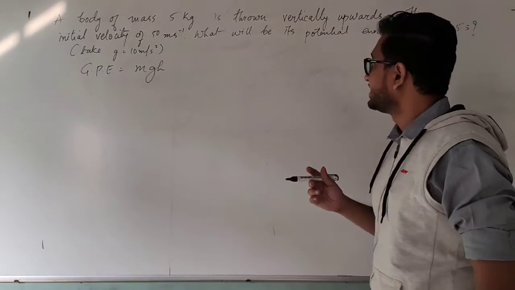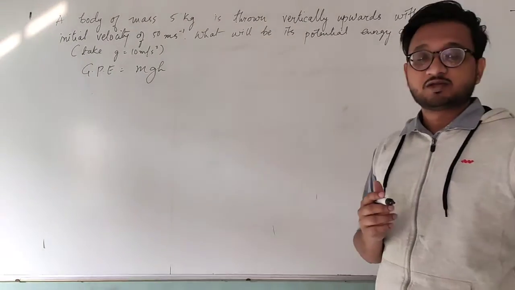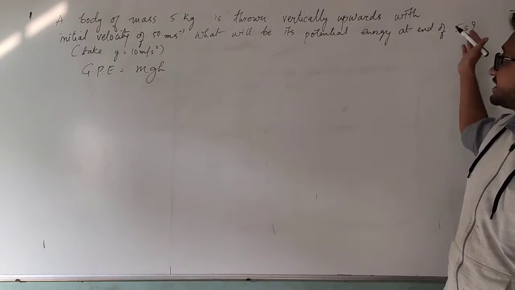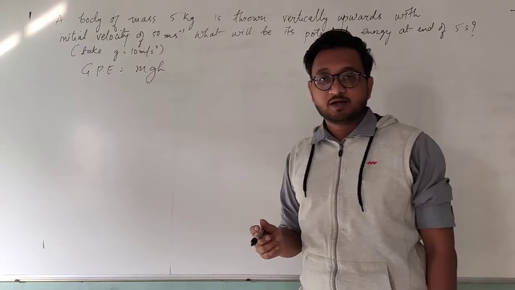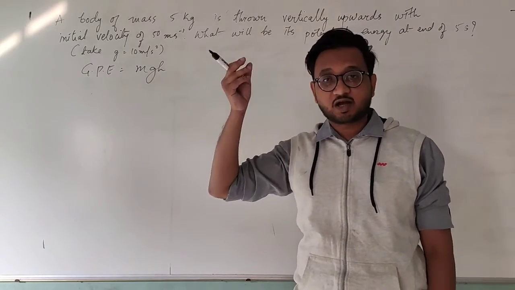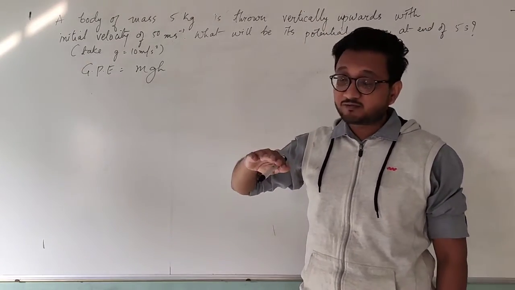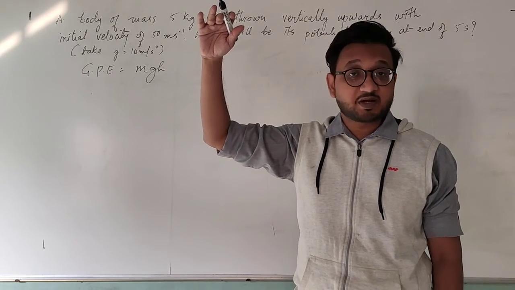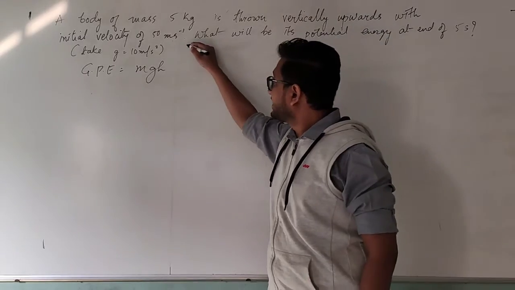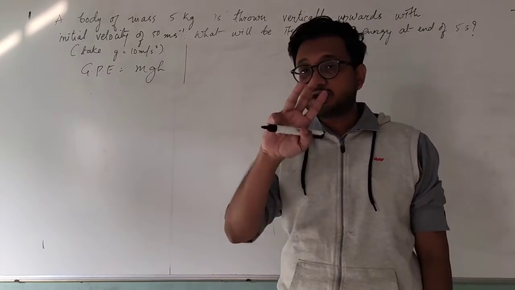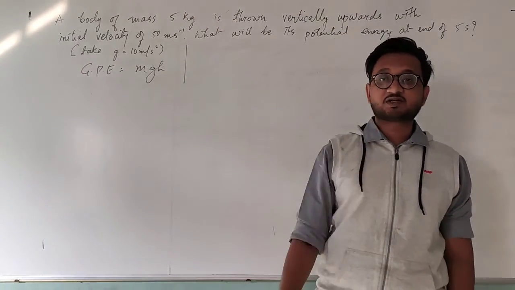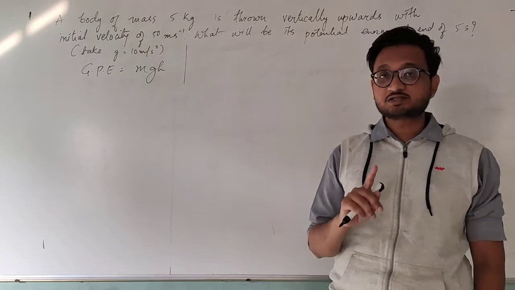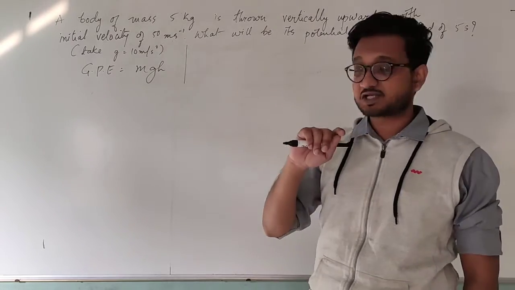The only problem is we have not been given the height for this particular object. We need to find the height. But instead we have been given time and velocity. So if the object is thrown to a certain height with this velocity, we need to find that after 5 seconds what will be its height or what will be the displacement. And for that we have studied the 3 equations of motion in the very first chapter. I am not talking about the laws of motion, I am talking about the equations of motion that we studied in the very first chapter.